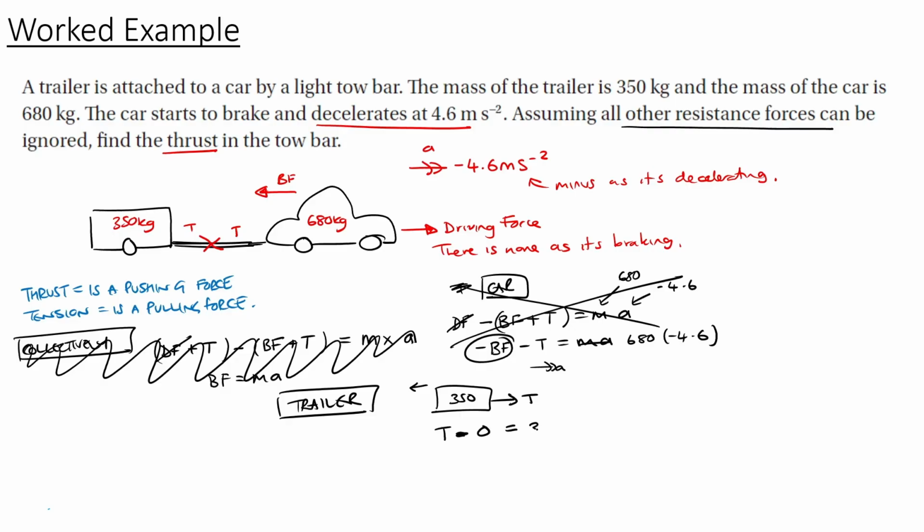So the mass of the trailer is 350 multiplied by acceleration, which is minus 4.6. Now this is going to give me a T value of negative